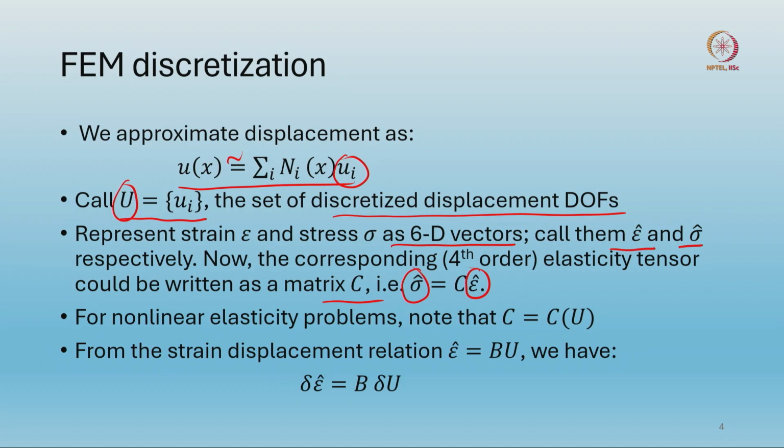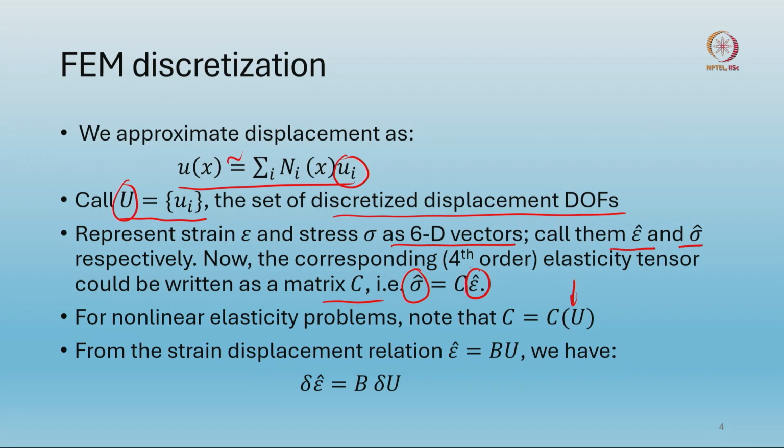So, C is a matrix, basically a 6 by 6 matrix. But in this particular case, because I already said that sigma and epsilon are non-linearly related, this is a non-linear elasticity problem. So it is possible that C will still be a function of displacement, or after discretization, C will be a function of the discretized displacement vector, which is all put into this capital U, the displacement